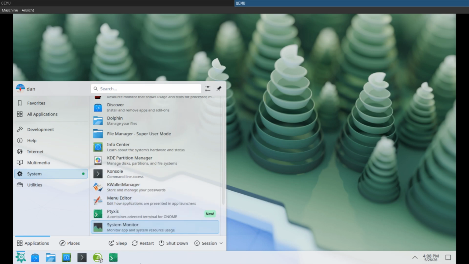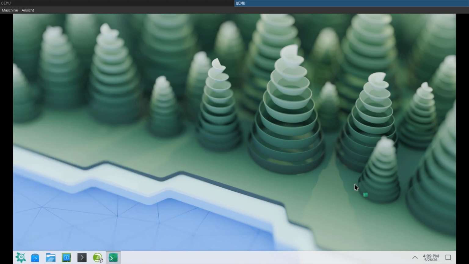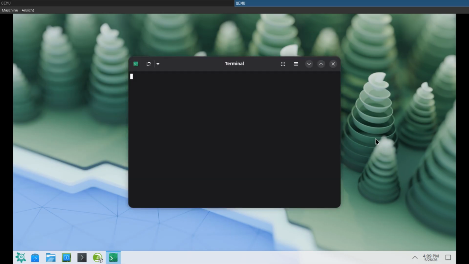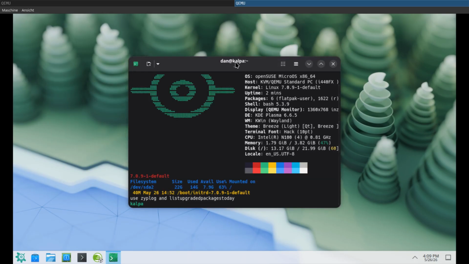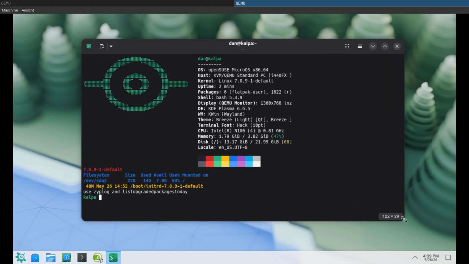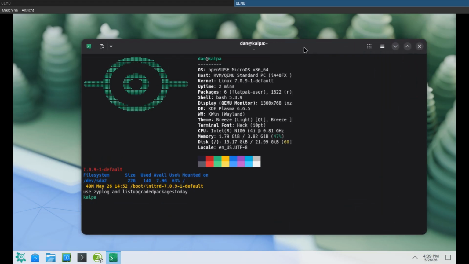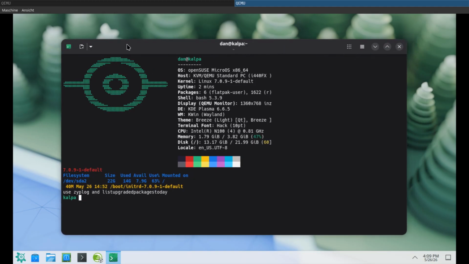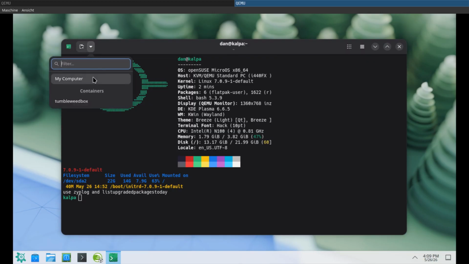I also installed it in the core system. Here. And this is Ptyxis. GNOME Console is also available as a terminal, but Ptyxis is good in this case, because you have